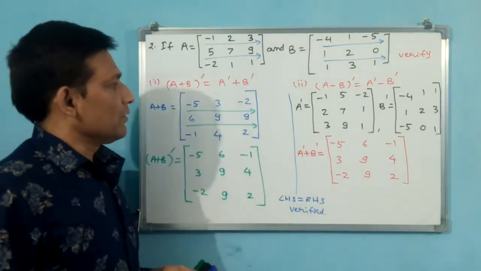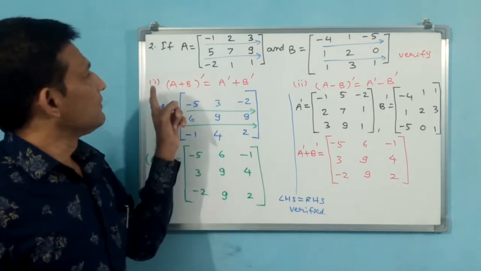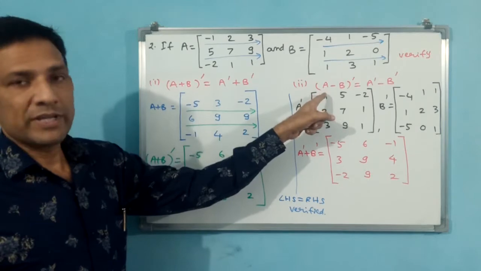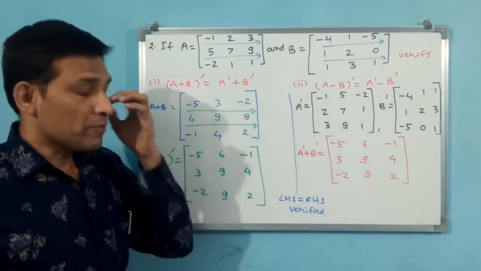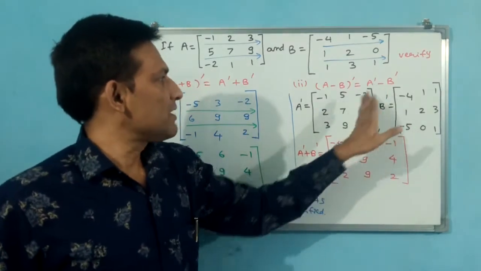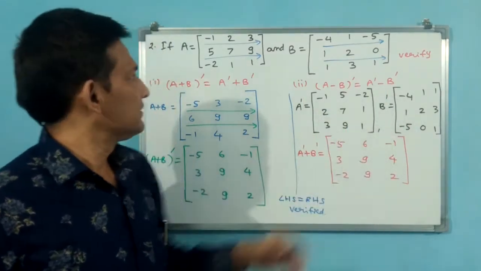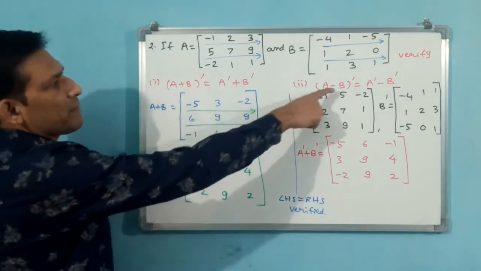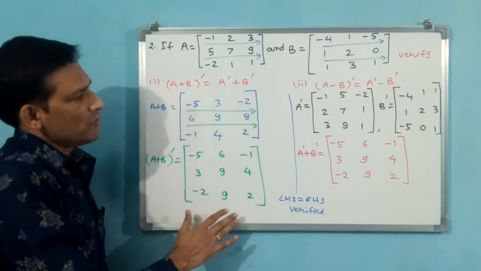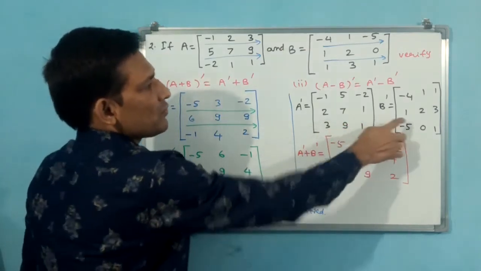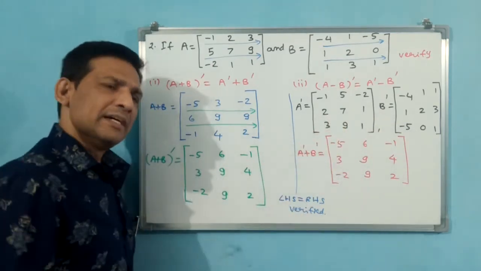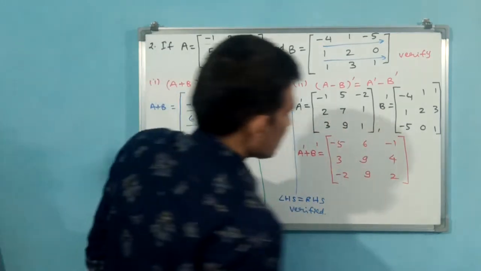Okay. Now see, this is first part of this question. First part of second question. Now we will do second part also. See, before proceeding, for second part, A transpose, B transpose are required. That is why you don't rub these two. But second part, A minus B transpose is required. A plus B doesn't require. This entire thing is going to be removed. But these two we should not remove. You understand? Why? Because these two already we have done. Again we are going to utilize this.